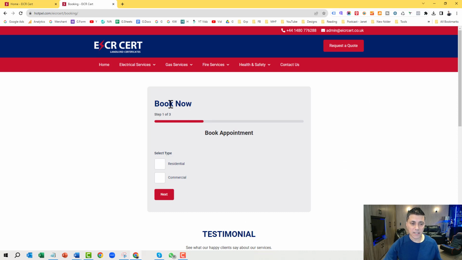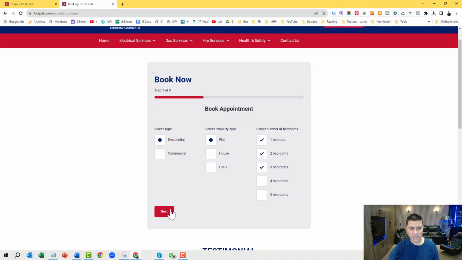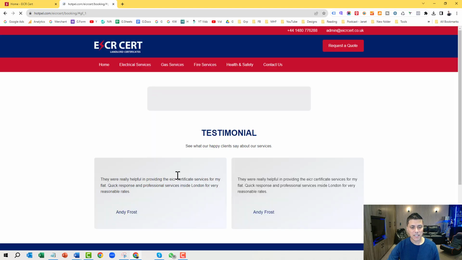You've got to really remind people, like, book your gas certificate now, or what are the steps? I know it says step 1 of 3, but what are the steps, right? So step 1 could be tell us what sort of property you've got, like over here. Okay, it allows me to select multiple properties. I'm not really sure about the purpose of that. So step 1 could be select your property. Step 2